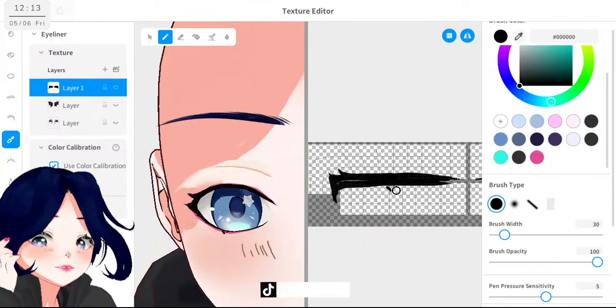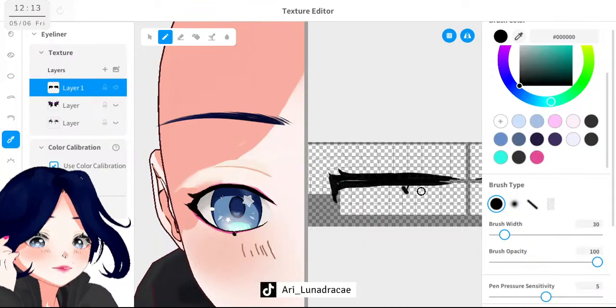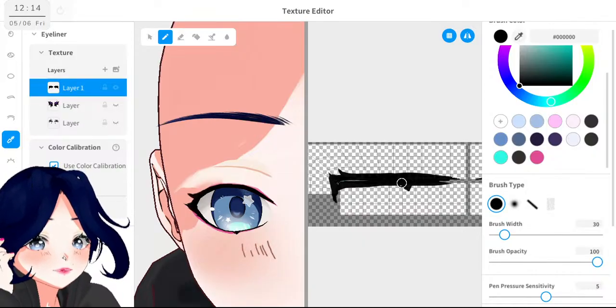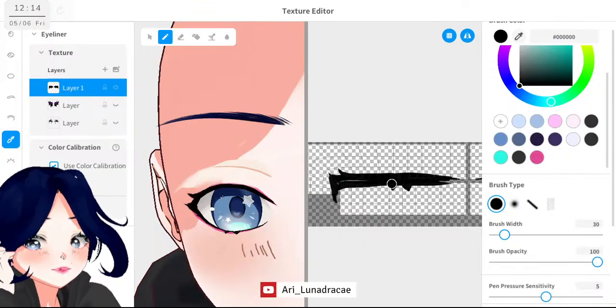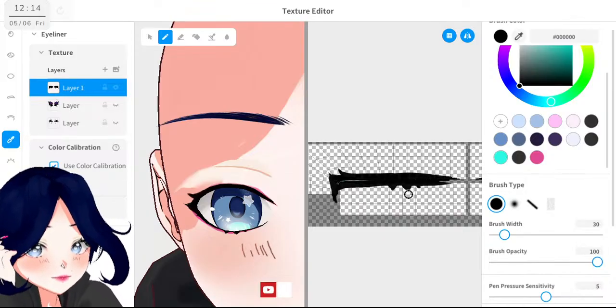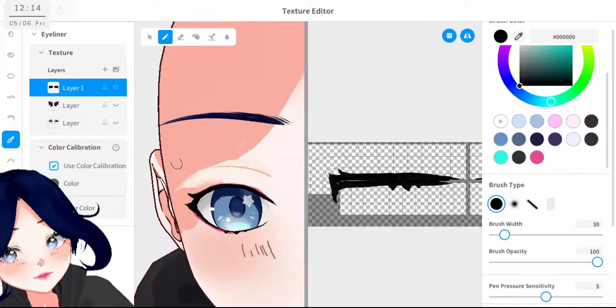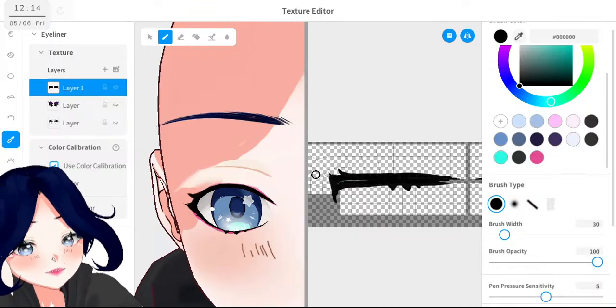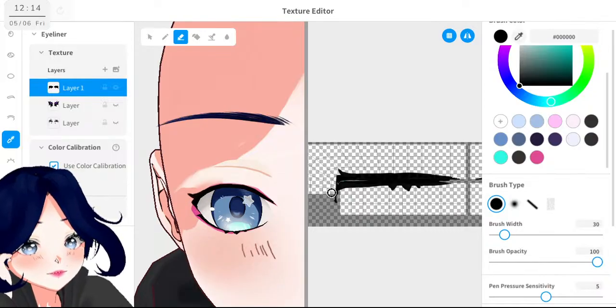And here, if I'm a little quiet, it's because I am very focused. I like to do the lower lashes like this, honestly. It looks very cute. Okay. I like the lower part, but not the top one.